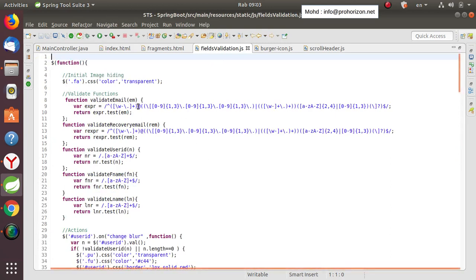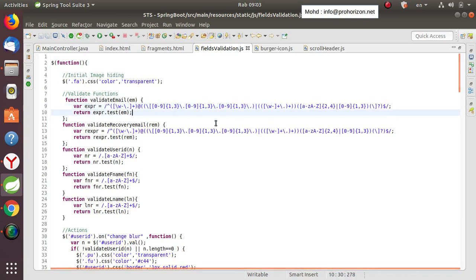By the way, this is a function, and these sequences are ready-made sequences, and you can find a lot of them over the internet. If you Google about the regex sequences, you can find a lot of them, and not necessarily this sequence. You can find many other sequences, and you can implement them when you do the validation. I selected this sequence for the email, which, as you can see, has the first part, the word, the @, then a second part, then a dot, then another word. This is the sequence